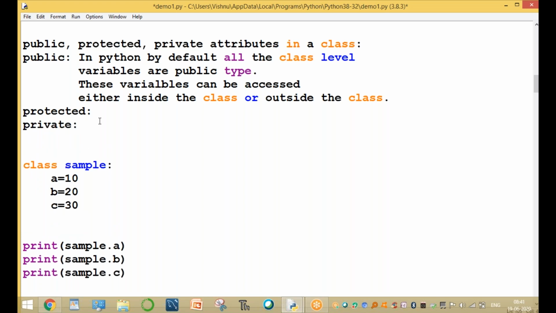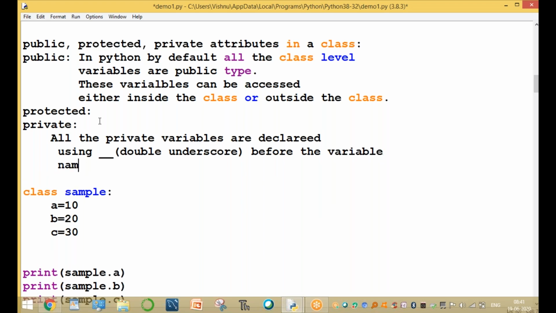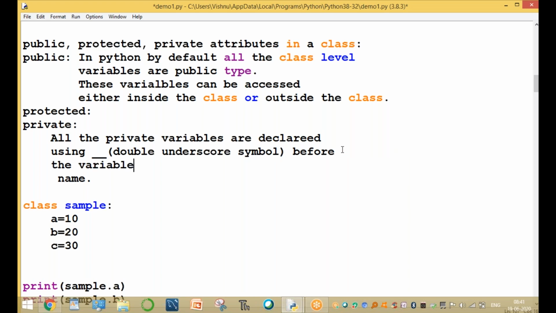Now all the private variables are declared using a double underscore symbol before the variable name. That is the prefix. Clear?